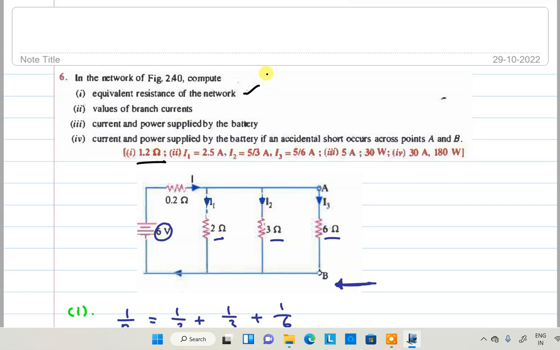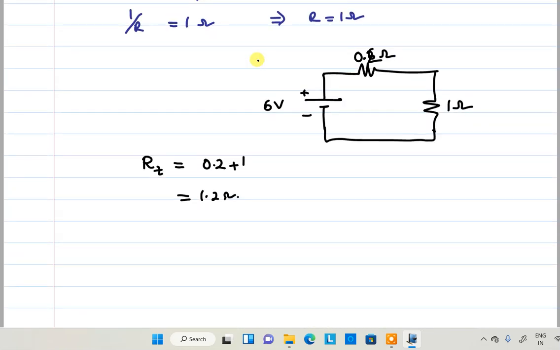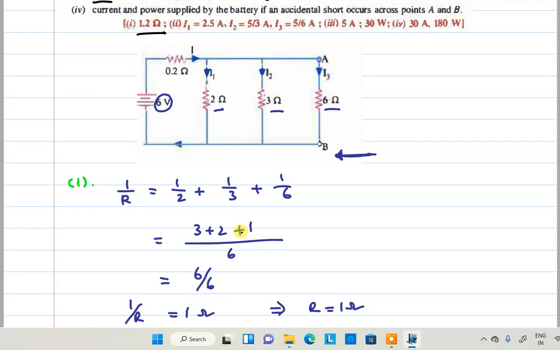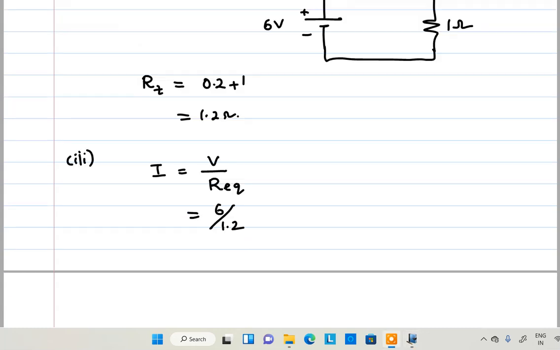It is done. Next, values of branch currents. Before seeing the values of branch currents, I will tell you the current and power supplied by the battery. Okay, so the current supplied by the battery, third bit I am doing, I is equal to V by R equivalent. What is V? 6 volt. What is R equivalent? 1.2. 6 divided by 1.2, that will be equivalent to